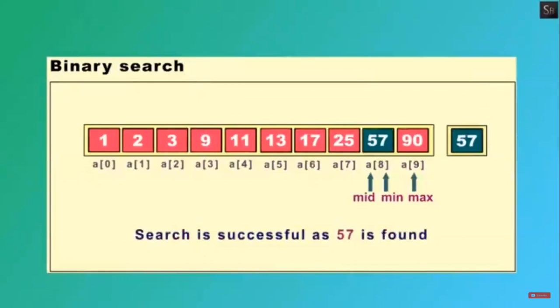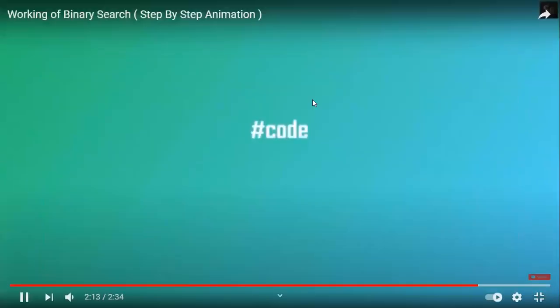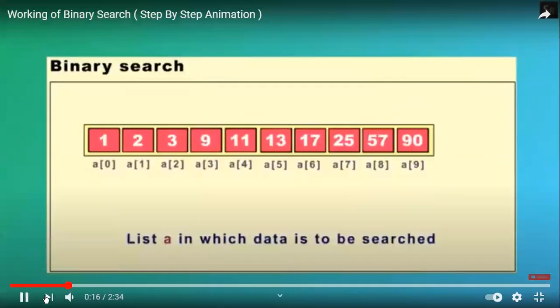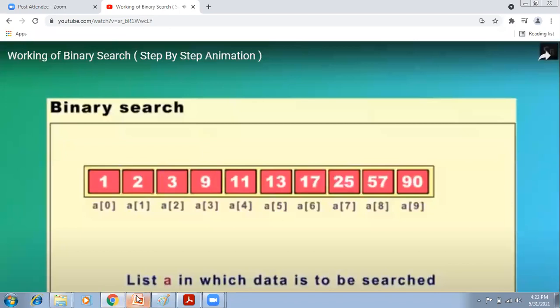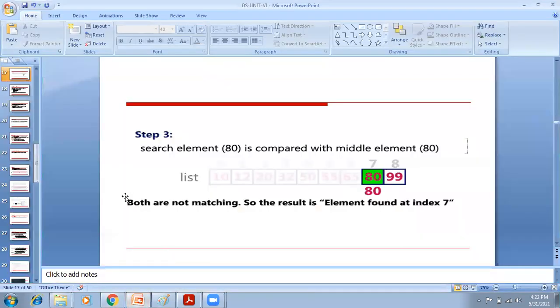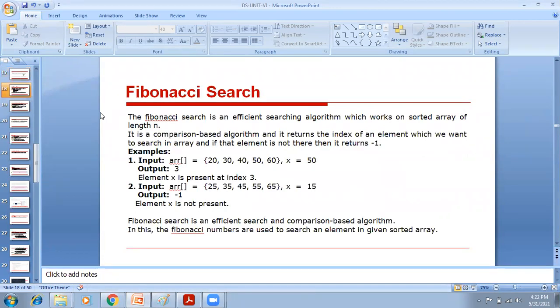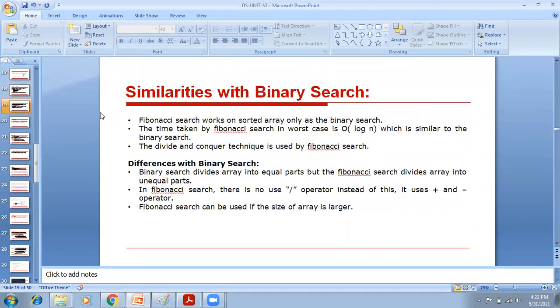Okay. So, the binary search algorithm. The two searching algorithms are linear search and binary search. These two types of searching techniques are the most important.